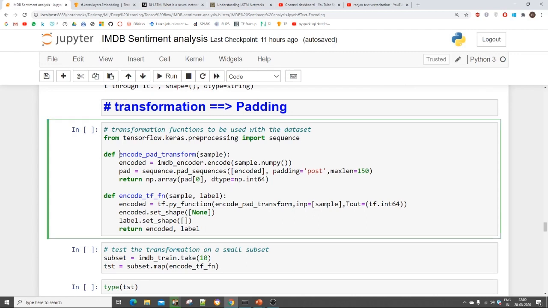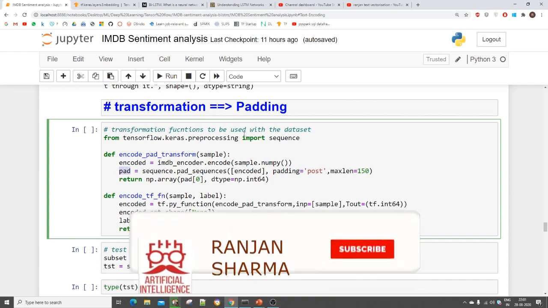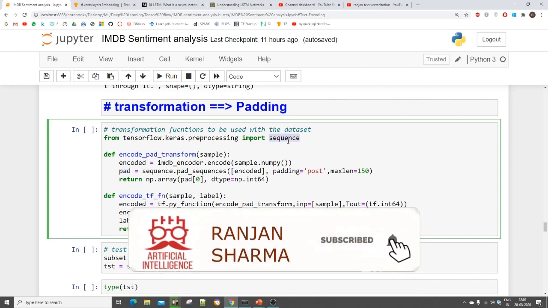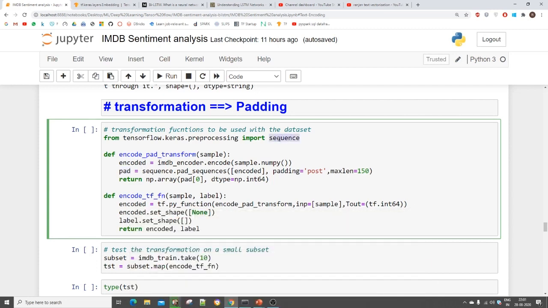I am giving it the name encode_pad_transform, so my encoded data would get padded here. This was my encoded data, and here I am creating a new variable which is pad. In pad I am using the sequence function, because I have to remember the sequence here.